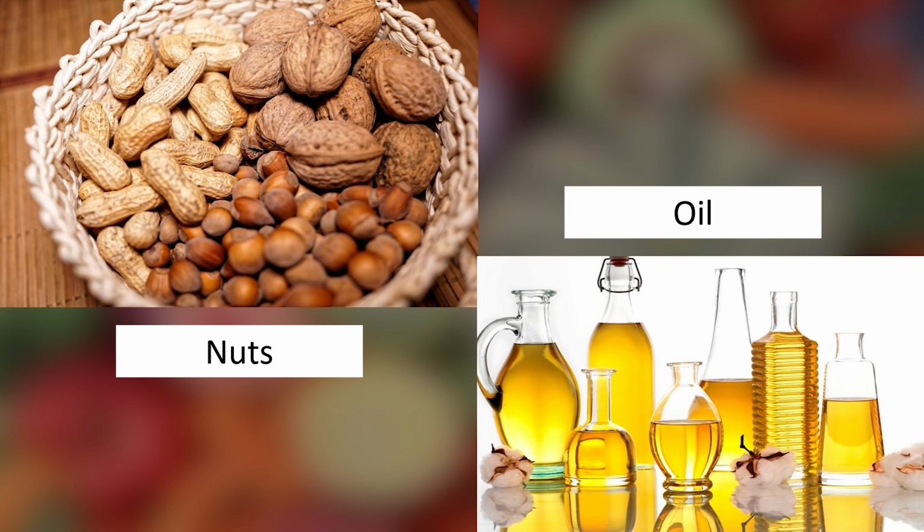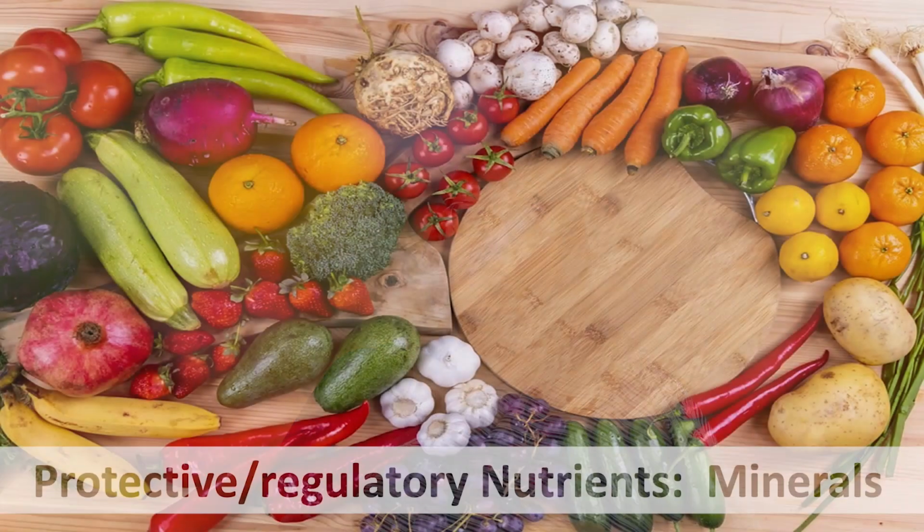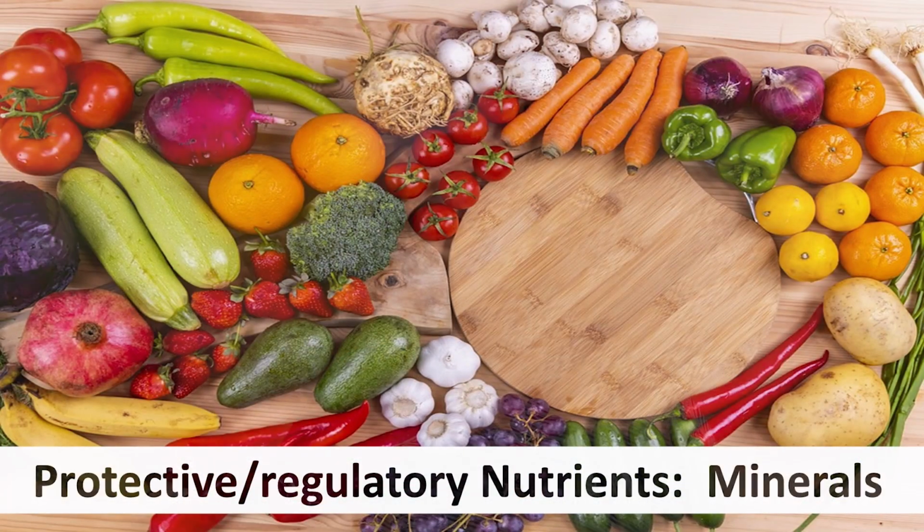We can have soya bean, we can have nuts and oil seeds. These are all important sources of protein in our diet. Therefore, our diet must provide this important nutrient proteins so as to help in our growth, development, and maintenance of the body subsequently. The last group of nutrient we talked about were the protective and the regulatory nutrient.